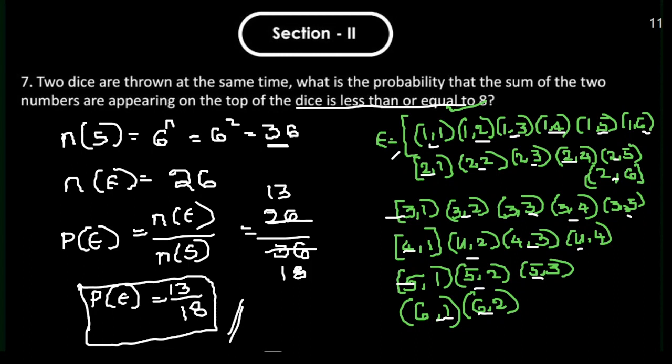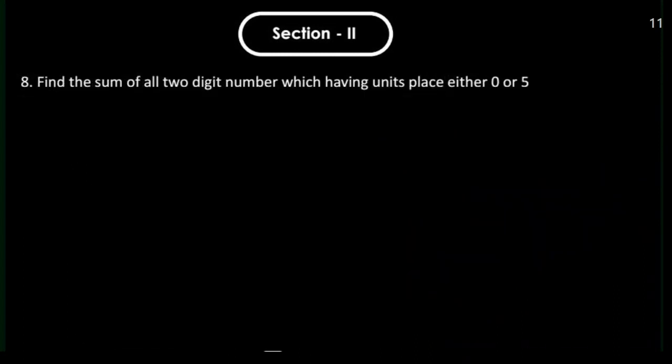Okay. Now let's see the next question. Find the sum of all two-digit numbers which have units place either 0 or 5. So guys, this is our second section. I hope the last question is also from the second section. Now,